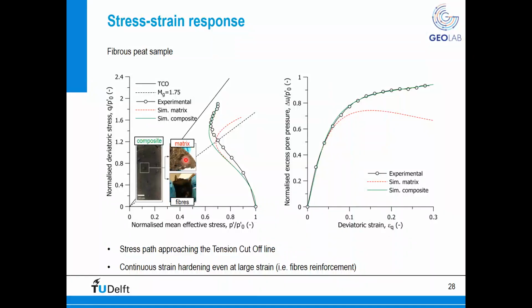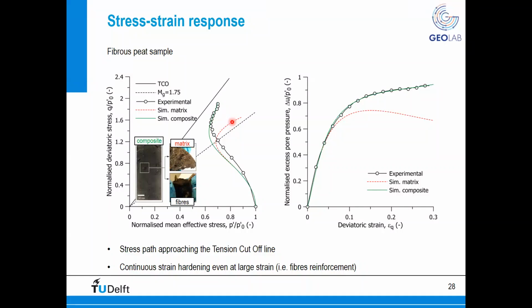So peat is at least a superposition of a matrix, which is basically characterized by very small fibers, but also by big fibers that provide an additional confinement to the sample. And this is the result of a constitutive model that we have developed here in Delft. So you see that the matrix, which is the red dashed line, already reached critical state for a friction angle of about 42 degrees. But if you overlap the contribution of the fibers, the overall stress strain path of our soil composite is much higher. So even though the matrix is already at failure,